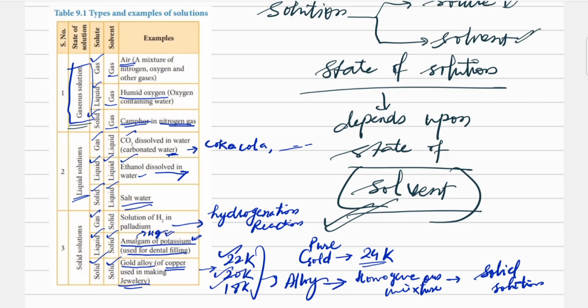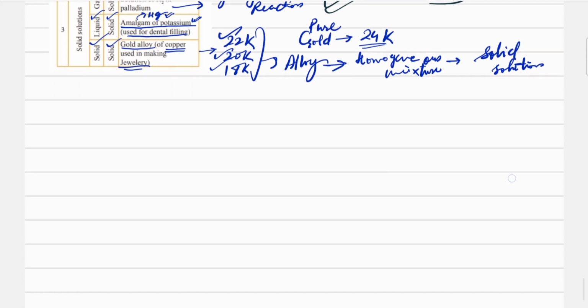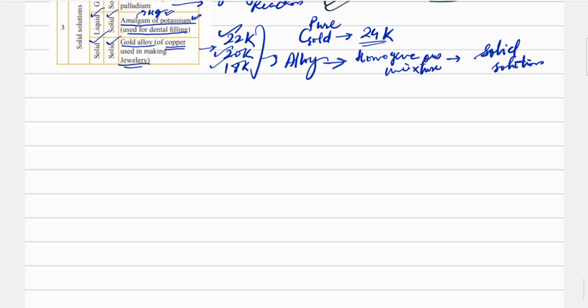So when these solutions are mixed together, some of them do not react with each other, but a lot of solutions do react. Whenever those reactions occur, or whenever we have to make a particular solution, we should know a few things about them, and the first thing is concentration. So this whole topic was the introduction to concentration. Now what is concentration? It is the amount of